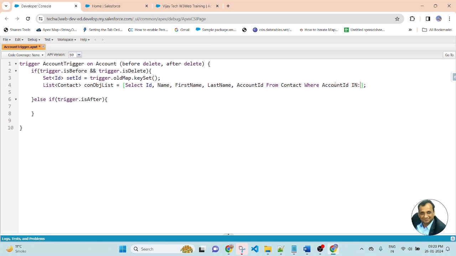Here we get the account IDs from the Set of Id. So here I am passing the Set of Id.